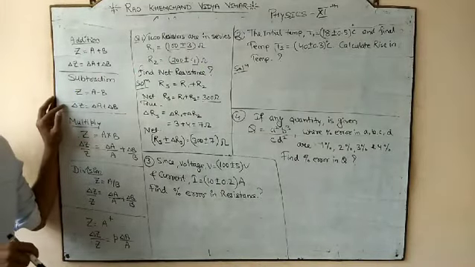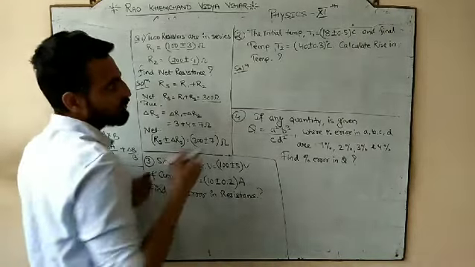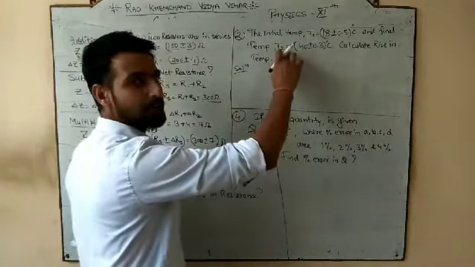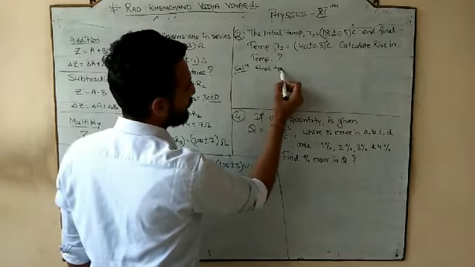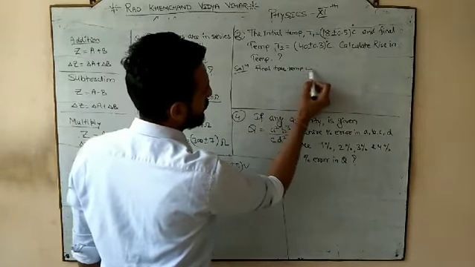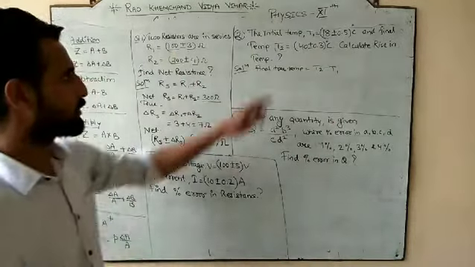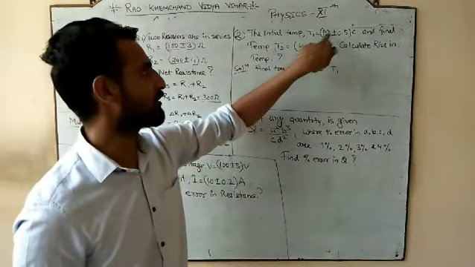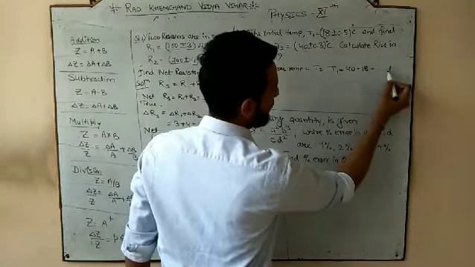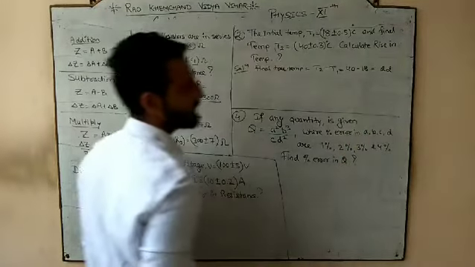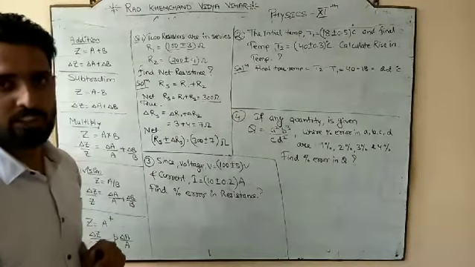I have to do the subtraction here. So if I have to do the subtraction, how can I do it? Simple: initial temperature and final temperature. Your final true temperature would be T2 minus T1. We will not do T1 minus T2; we always do final temperature minus initial. The true value would be 40 minus 18, which is 22. So this is your final temperature with the subtraction operation.